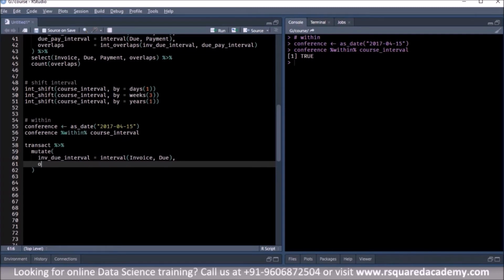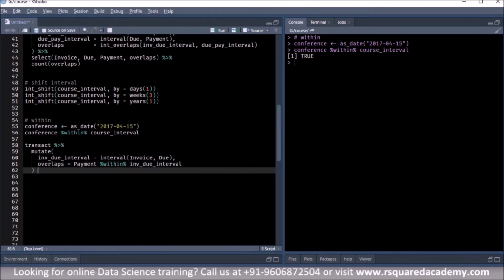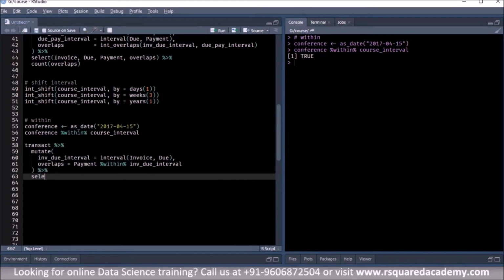And then we'll just check if the payment date falls within this interval, that is the interval between the invoice date and the due date, right? So let us select all these columns. We have invoice, due,